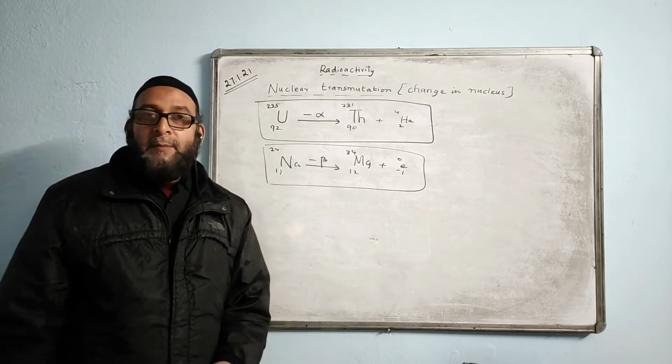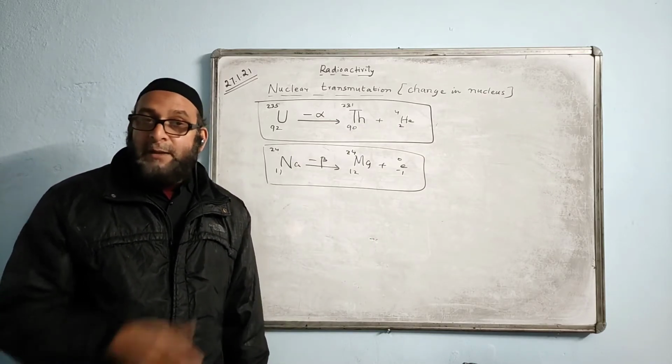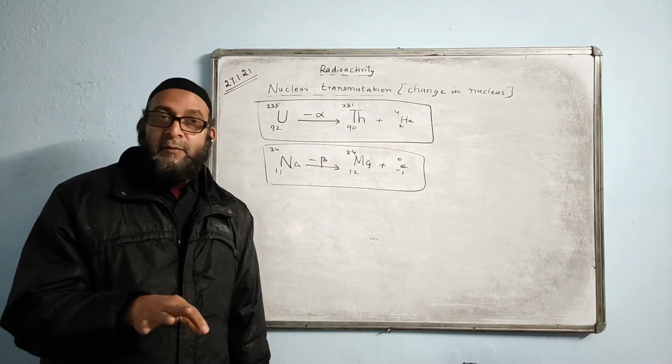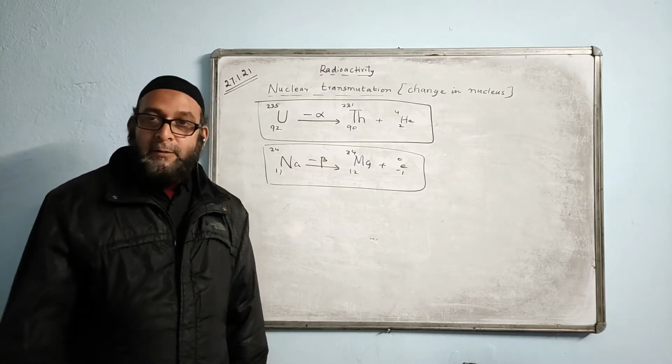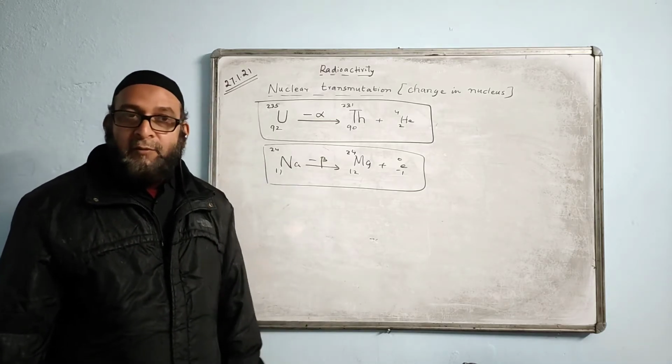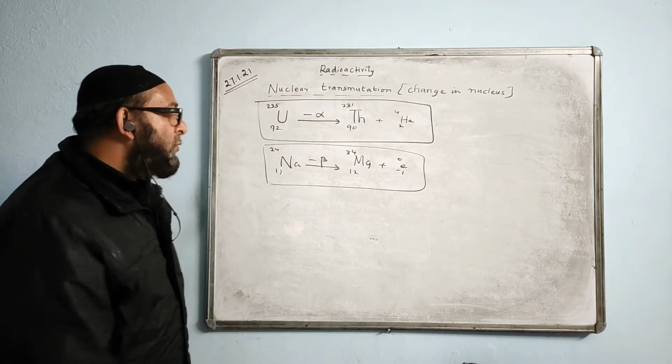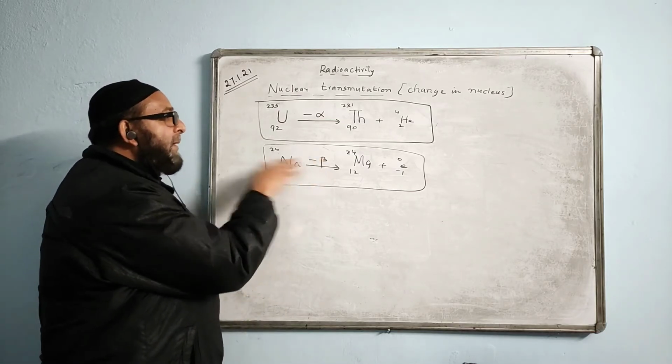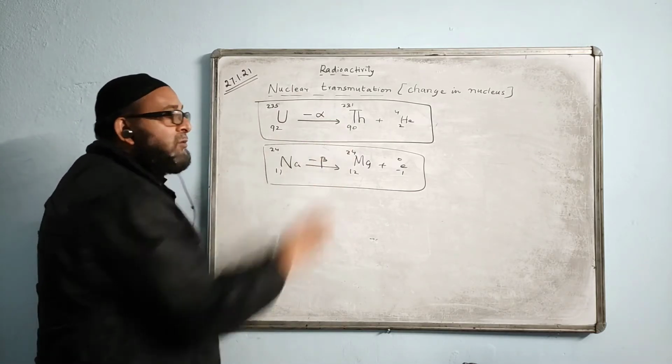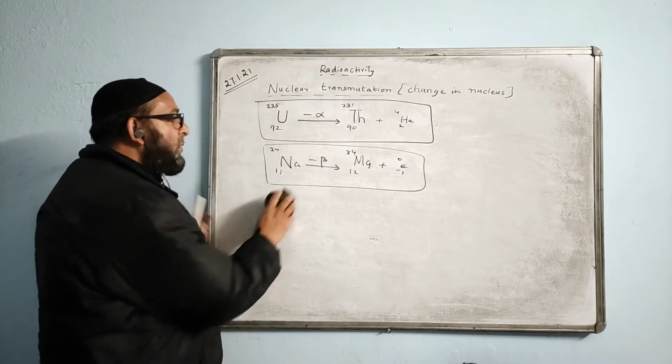So when does a radioactive nucleus form an isobar? When it emits only one beta particle, it changes into an isobar. But to change it into an isotope, I told you the method: one alpha particle followed by two beta particles. Then it will form an isotope. But to change into an isobar is simple. It emits a beta particle and changes into the isobar. Hope you understood it.